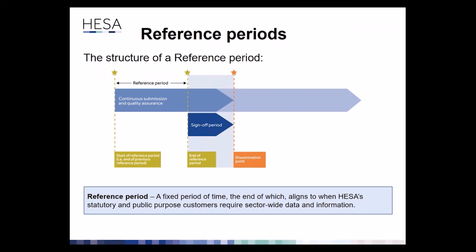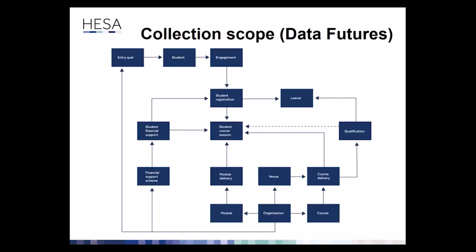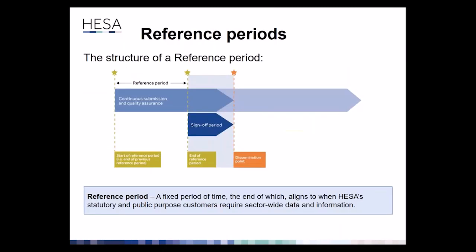So the coverage of the data that I showed you back a few slides, if I just take you back to that one, it's the same coverage for every reference period. It's not 3 separate collections a year that each have a different flavour. Every item of data is potentially within coverage each reference period. It just depends what changes from one reference period to another. So going back to the reference period,